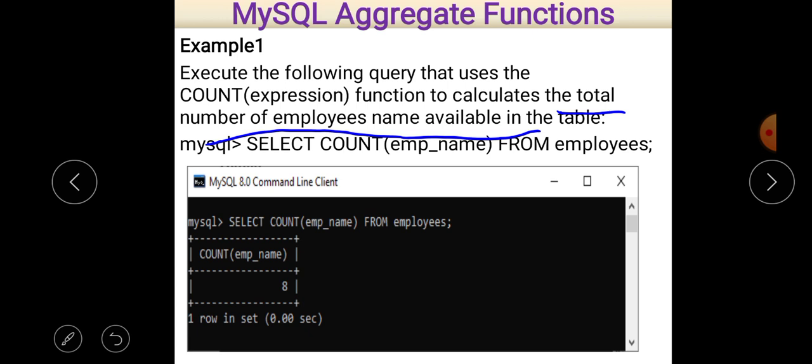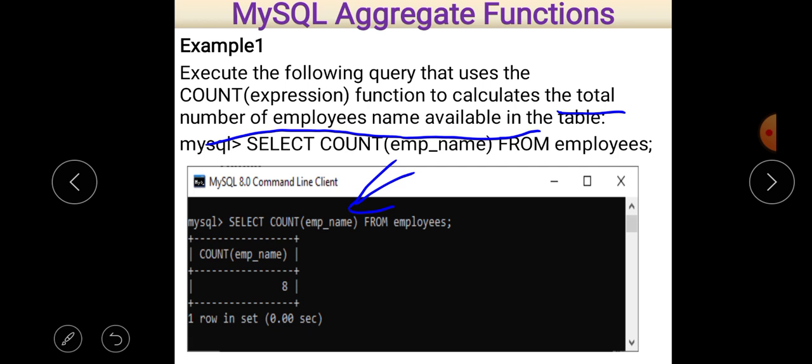Write select and then count and give as a parameter value employee name, because we have to count the total number of employees with or without repetition. It doesn't matter. It is not specified in the question, so we take duplicate values also. So we just write select count employee underscore name